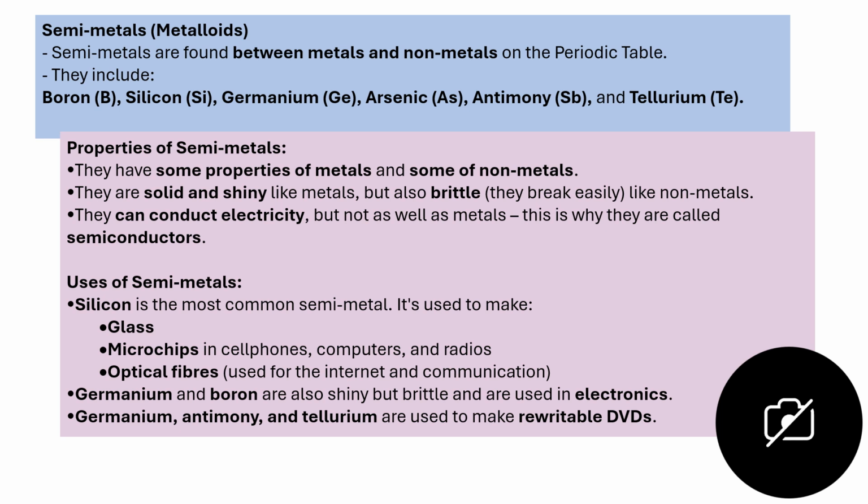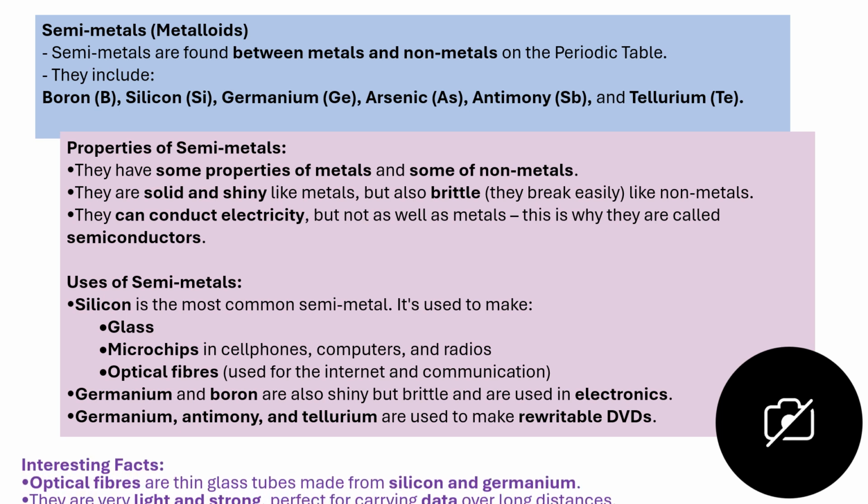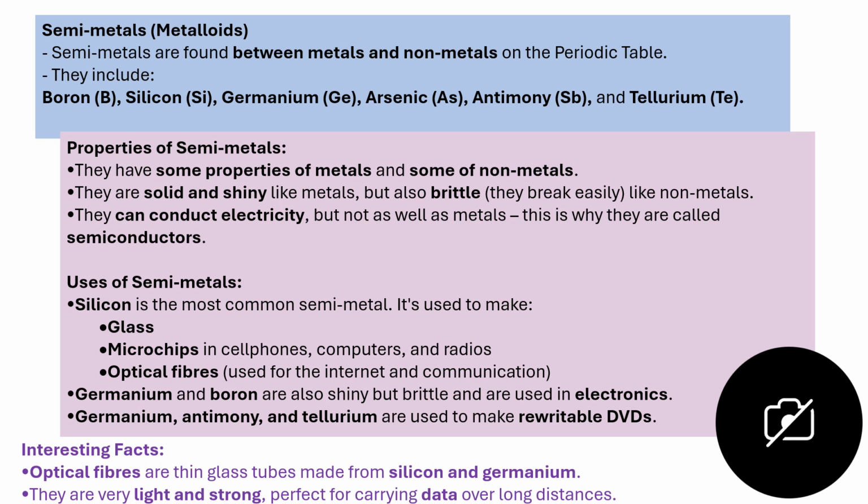You have germanium and boron, which are shiny, but they are also brittle, and these are used in electronics. Germanium, antimony, and beryllium are used to make rewritable DVDs. Interesting fact: optical fibers are thin glass tubes made up of silicon and germanium. They are very light and strong, and they're perfect for carrying